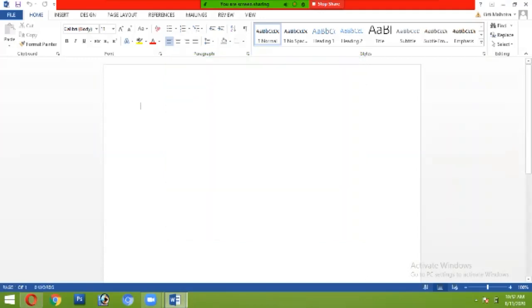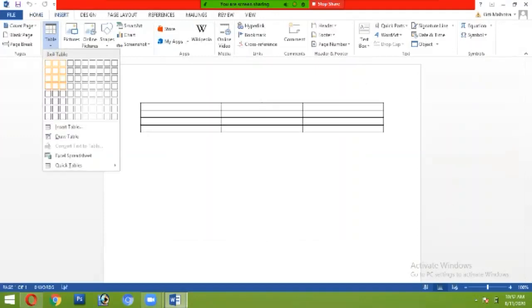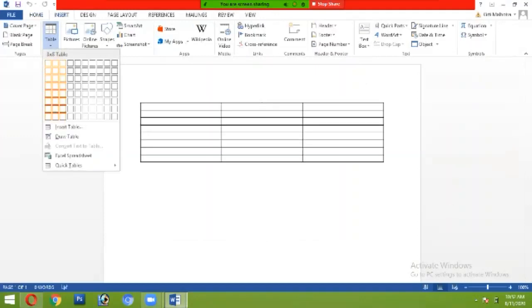See how we have made the table. First we will go on insert. Then again we will click on the table. Then I will select a table for myself. Like this is my table.